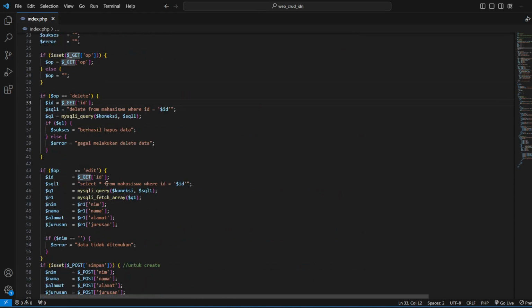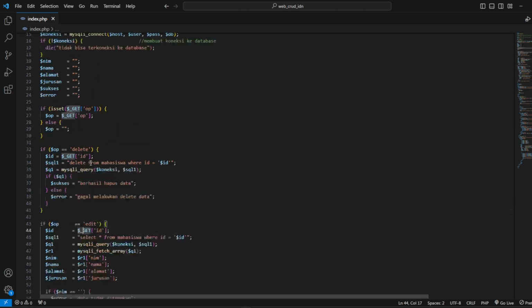The default of method is GET, so we don't write the GET like that, because the default is GET. The ID will get the super global GET by the ID. If delete from mahasiswa where ID is the same as ID, and if success, berhasil, else if error, gagal melakukan data.